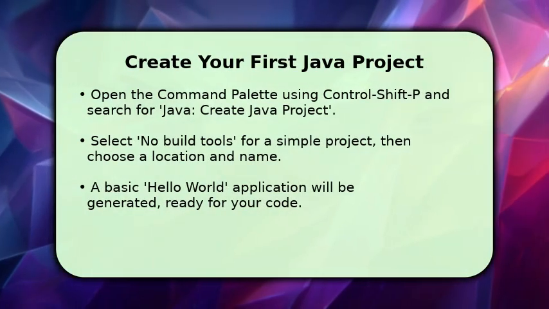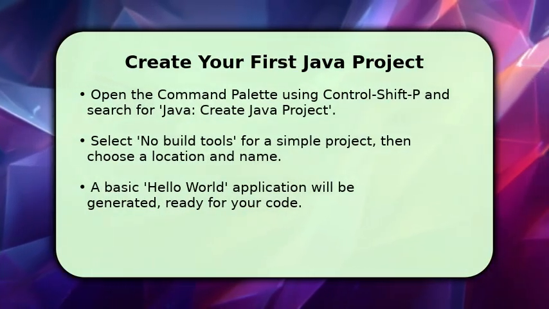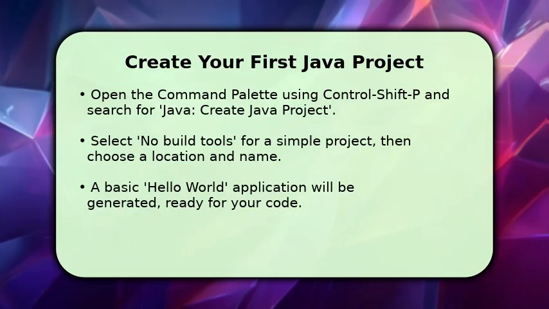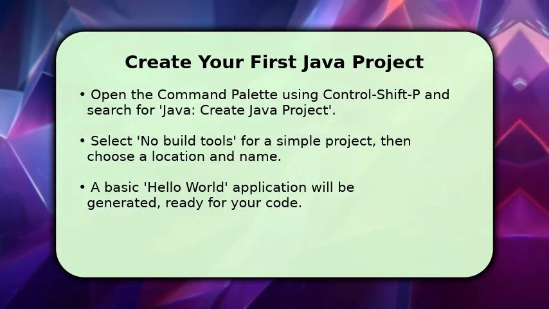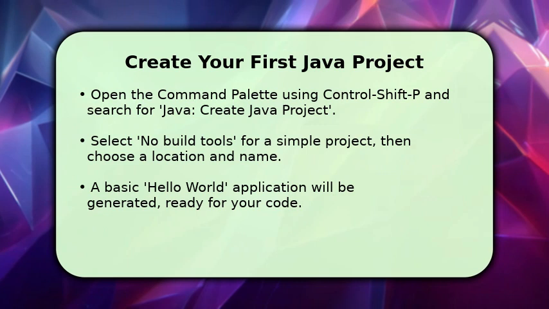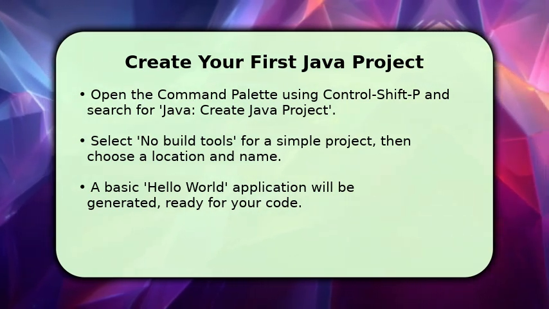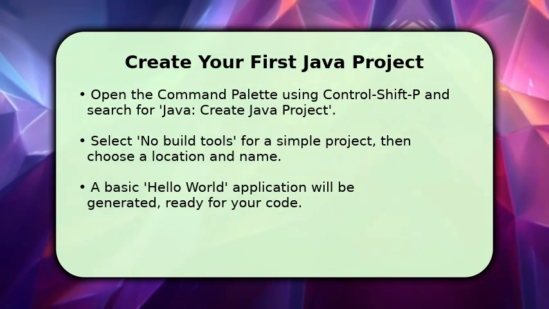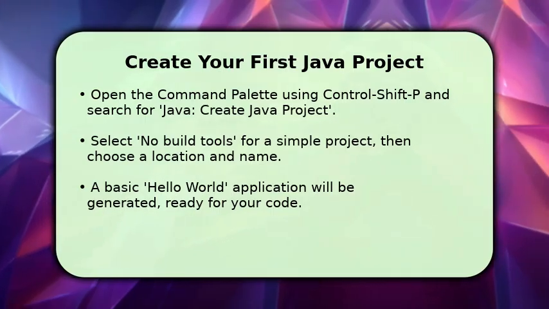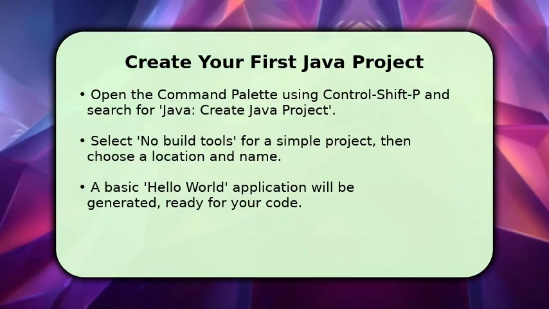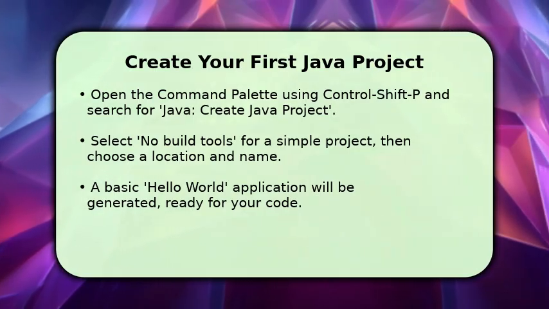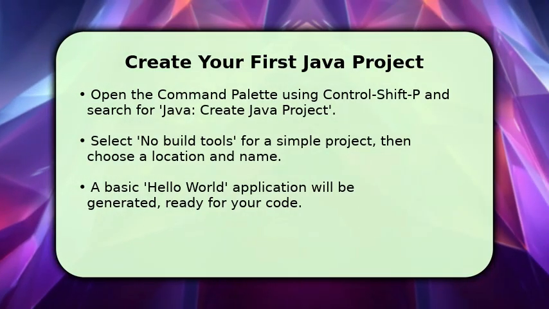Now that your environment is set up, let's create your first Java project. Open the command palette by pressing Ctrl-Shift-P. Type Java: Create Java Project, and select the option. For a straightforward start, choose No Build Tools. Then, pick a folder on your computer and give your project a name. Visual Studio Code will automatically generate a basic Hello World application, complete with a main method, ready for you to